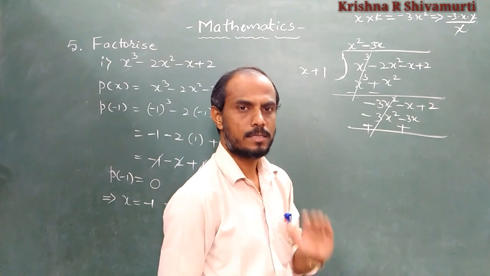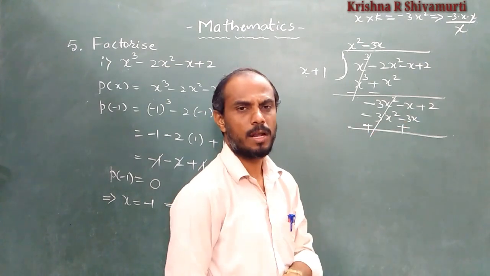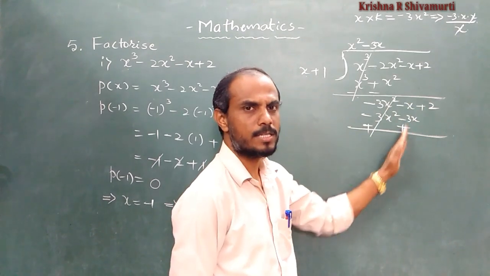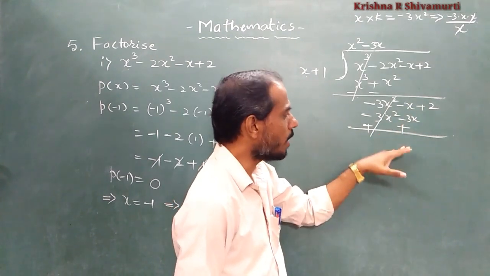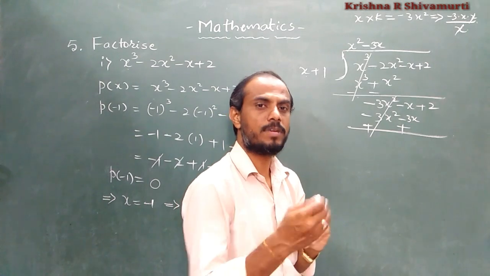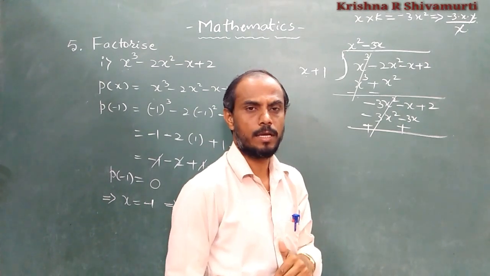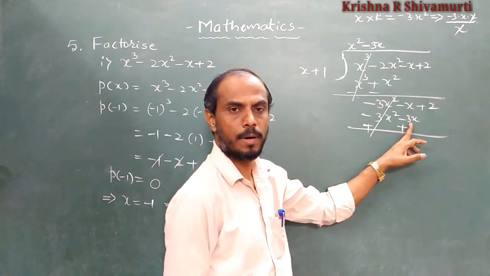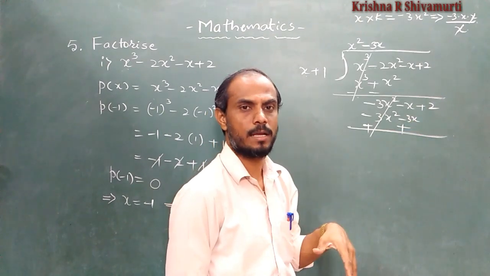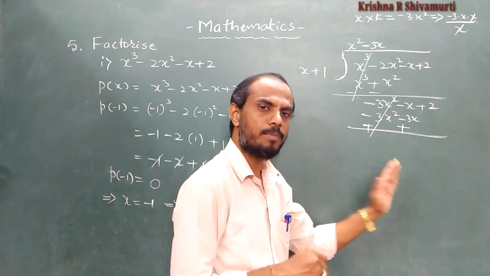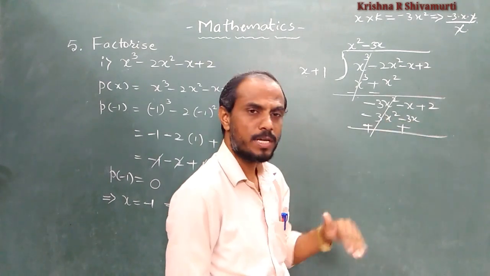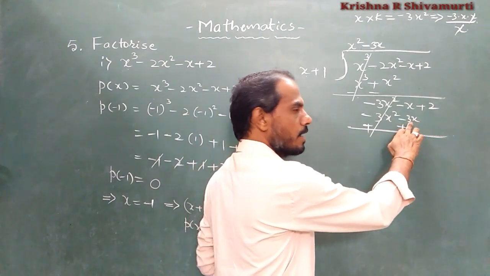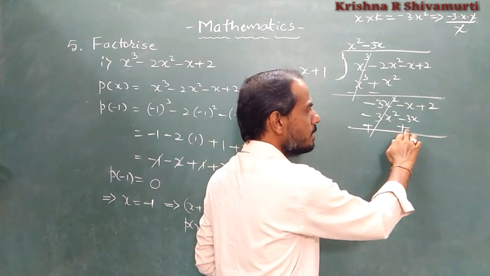We have to do subtraction. From the bigger number, the smaller number should be subtracted. From 3, subtract 1. From 3x, subtract 1x. But what sign should I use after subtraction? Minus or plus? It depends upon the number which has the greater value. If the negative is greater, keep the negative sign. If the positive integer is greater, keep the positive sign. Here 3 is the greater number. Its sign is plus.